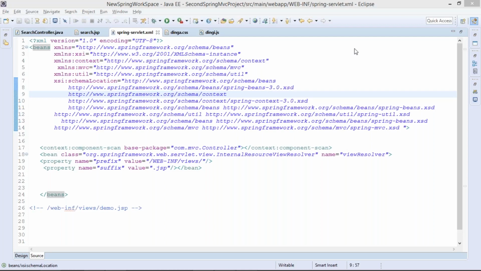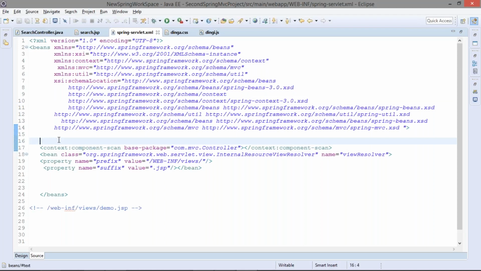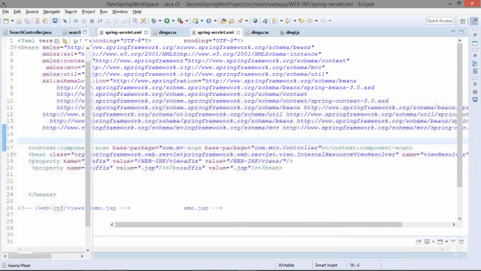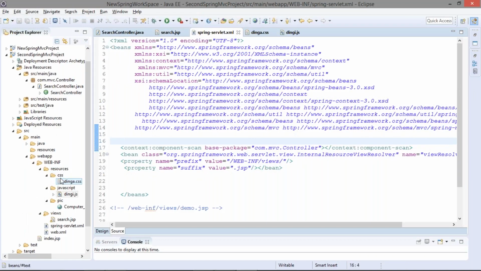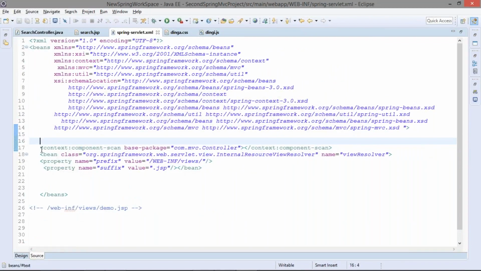Okay, that's good, guys. So once you have added the schema, we have to make use of a few tags here. Now you have to tell Spring MVC where your resources are present: where your CSS file is present, where your JavaScript file is present, where your pip is present. So if you want to specify that, guys, you have to make use of one annotation. Not annotation, sorry, one tag. So you will say